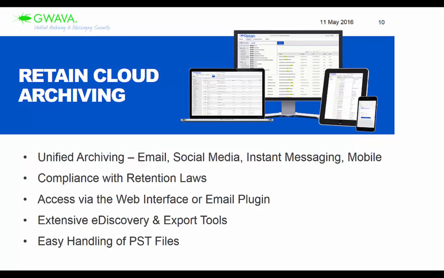And now you have compliance with retention laws because you have one central archive. You have the ability to quickly and easily search the archive and be able to produce electronic communication in case of litigation or in case of a regulatory audit. So you have that compliance. There's eDiscovery and export tools, so you can easily search the archive. You can place litigation holds. You can tag messages. You can perform redaction and strikeout. You can export messages or search terms to a PDF or a PST or even the publisher.